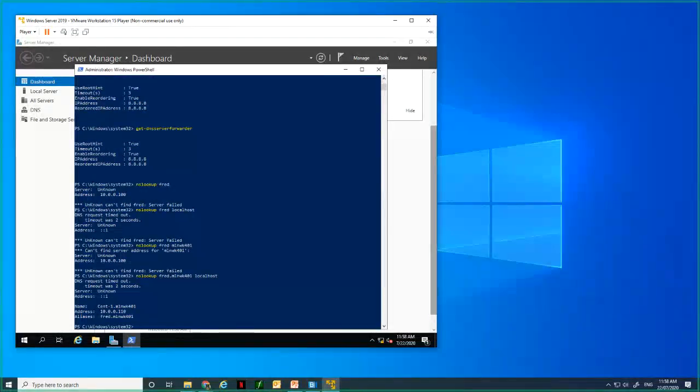Alright, so that's DNS. So the next section will be DHCP, installation and reboot. So I will do these as separate videos. I think that's probably